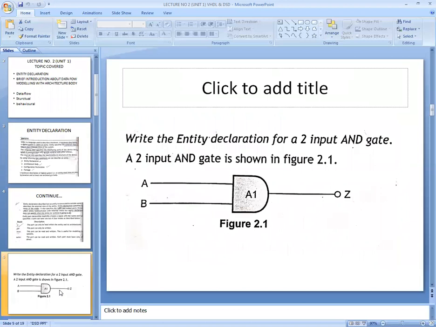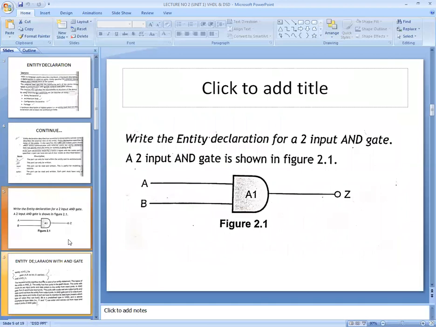So firstly, I start the entity declaration with the help of one example, an AND gate, which has two inputs and one output. The two inputs are A and B, and Z is the output. Then how do you declare an entity for an AND gate?